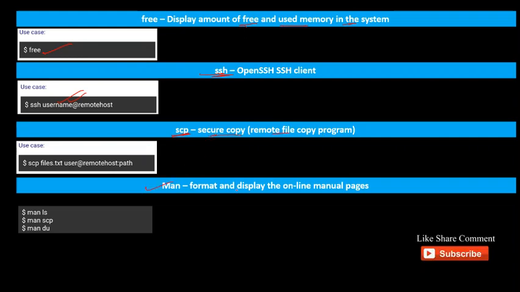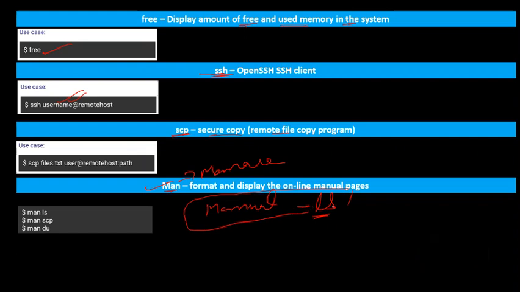And man is used for help; its full form is manual, this is the manual command. Like if you want to see the manual for the ls command, you want to find help for ls, you will write man ls.